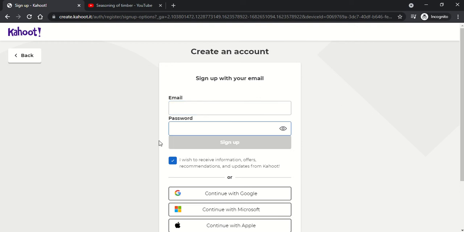So right now I already have the account, so I'll show you how to do it. So once you give sign up, you are done with the creation of the account. You will get an alert to your email also saying that your Kahoot account has been created. So after that we need to log in. Once you sign up, you need to log in. So signing up is creating the account, and logging in is to use the tool.